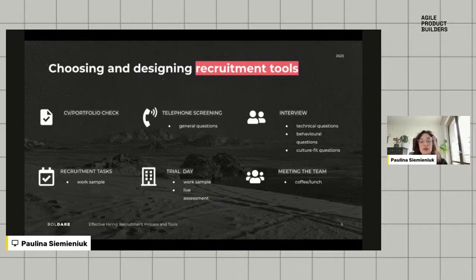this meeting. This is what happened, and so on. And then one person from Boldare, from the team, or another Scrum Master performs the role of product owner in this live assessment. And then you, so the recruiter and the technical recruiter, are only observers